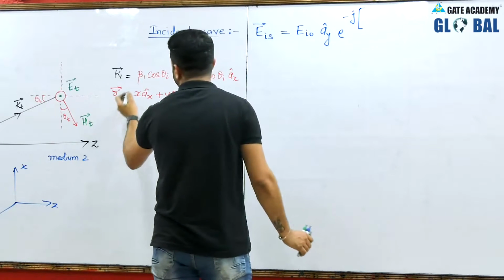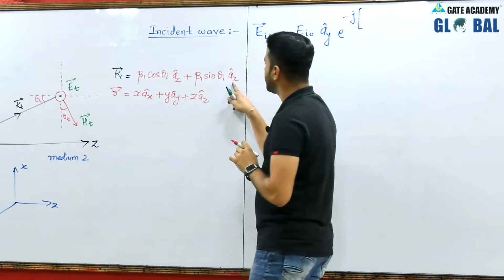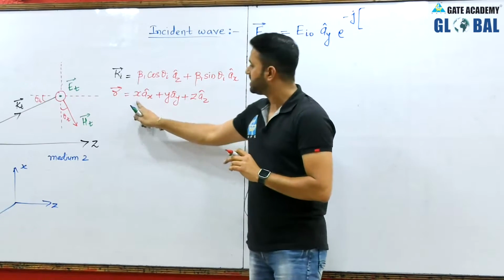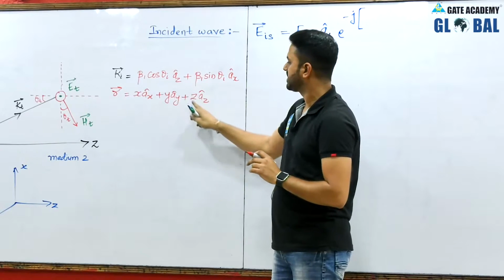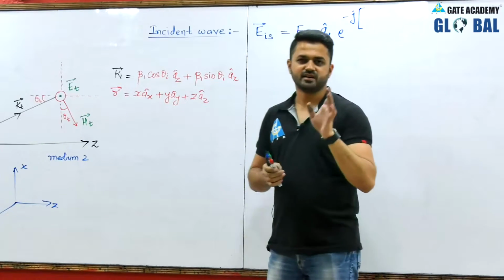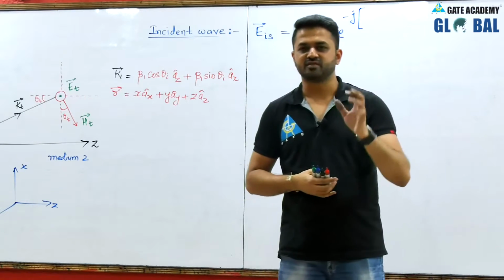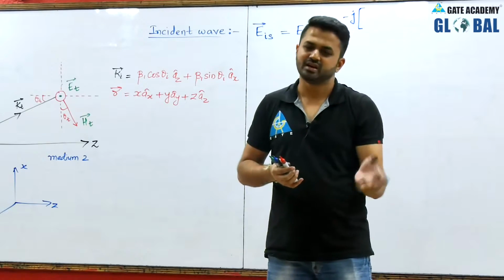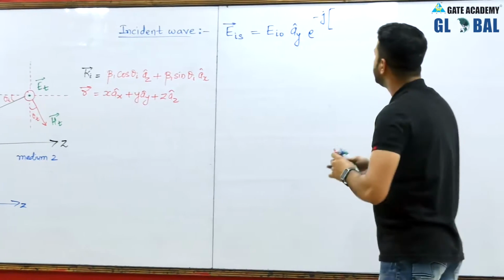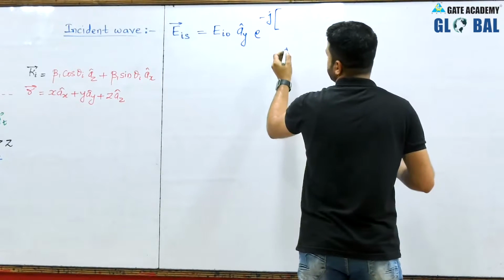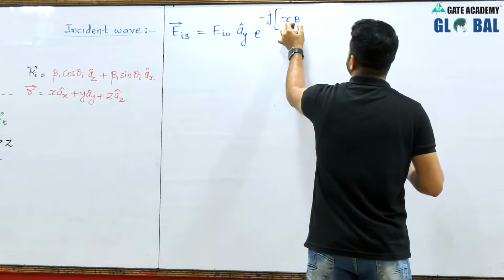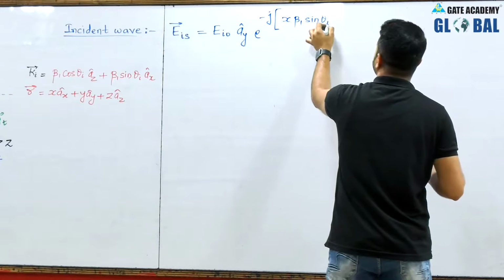So the dot product would be the x component multiplied with the x variable and the z component multiplied with the z variable, because az dot az will be 1. So we know that the direction of the incident wave should be multiplied with that variable, which becomes k dot r. So now e to the power minus j k dot r, that means x beta 1 sin theta I